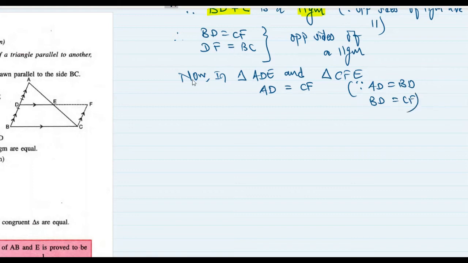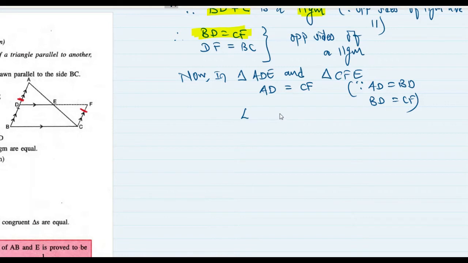देखो AD BD से इक्वल है, क्यों? क्योंकि D मिड पॉइंट है AB का, और BD CF से इक्वल है, क्यों? क्योंकि पैरेललोग्राम की ऑपोजिट साइड्स इक्वल होती है, हमने अभी प्रूव किया। तो अगर AD BD से इक्वल है, BD CF से इक्वल है, तो AD और CF इक्वल होंगे। इसका मतलब है कि ये वाली साइड AD और ये वाली साइड CF ये इक्वल हो जाएंगी, ठीक है।